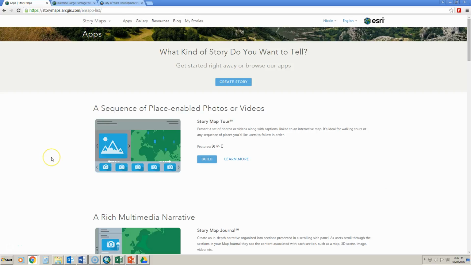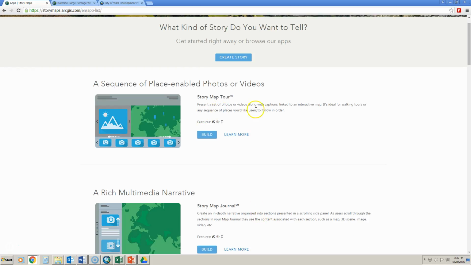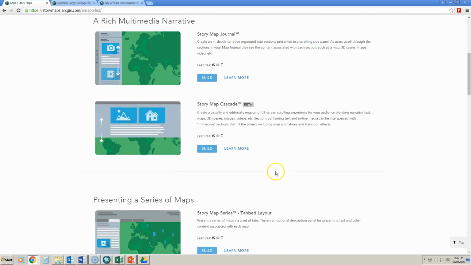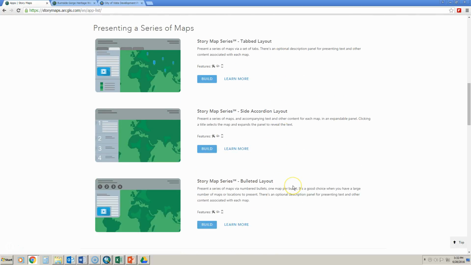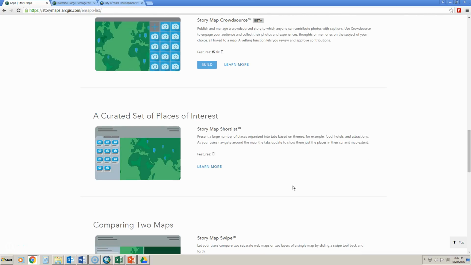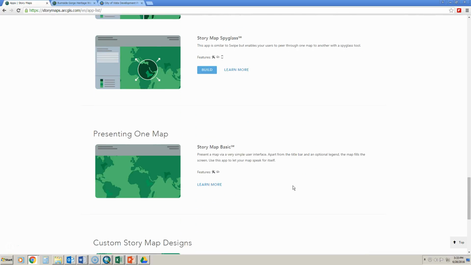There are a number of different story maps that you can use to create stories or narratives of data that you might have. If we look here, we can see that we have a number of different templates available to us to use. We have the map tour, the map journal, map cascade, and so on down. So you can see a long list of different templates that exist for creating